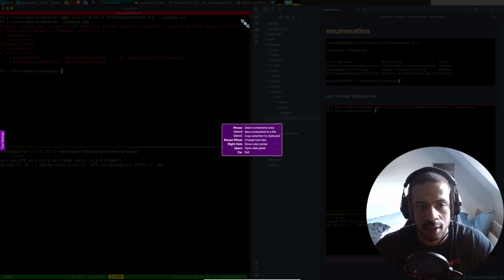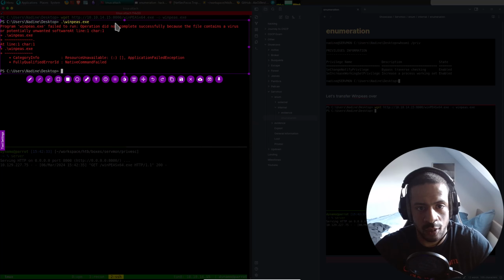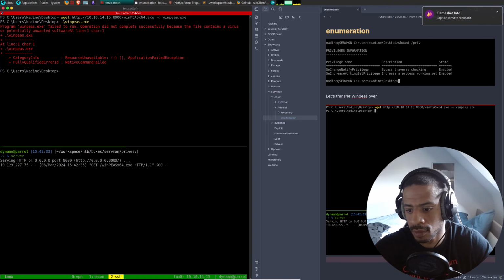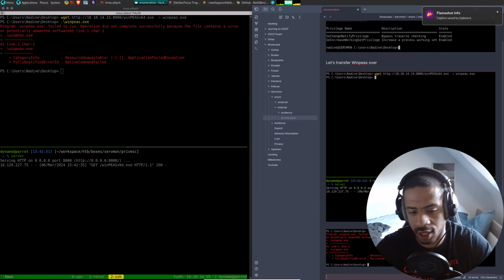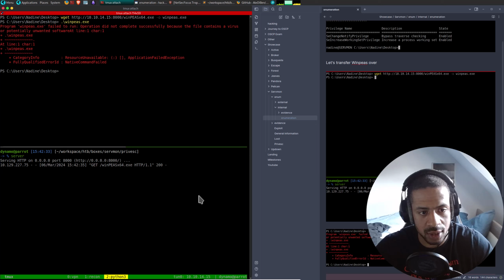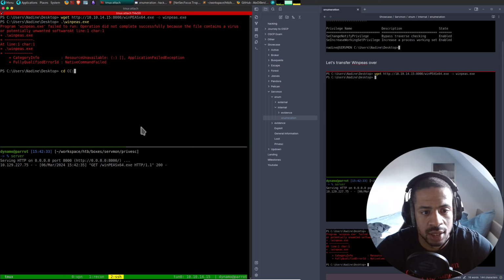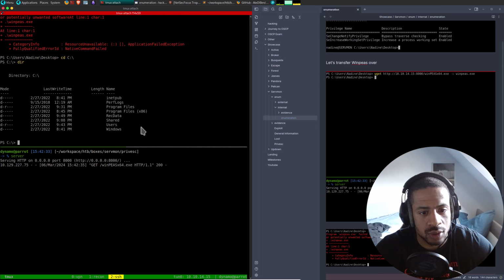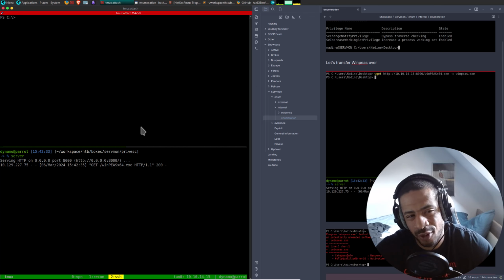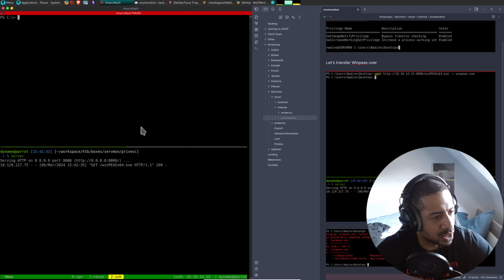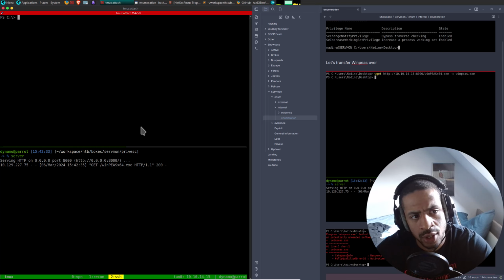Okay, so there's some kind of firewall on this target. So let's go for some manual enumeration. Let's go to the root. And this was something I wrote down in my notes after the last box, and that was to do my manual enumeration a bit more thoroughly and start from the root directory, which is C.